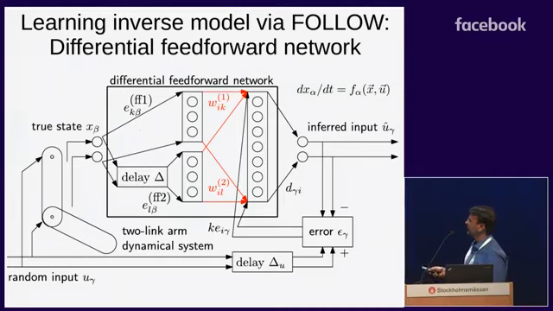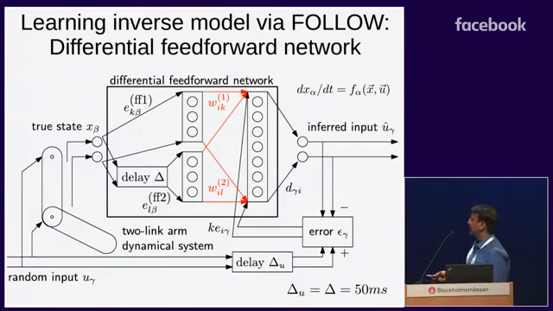And why do we require this different network compared to the forward model? Because in the forward model, you have to integrate u to get x, which is why you require that recurrent network, because you have these leaky integrators which integrate the input. Whereas if you make it recurrent here, this won't work, because what you need for the inverse is to differentiate x and then invert f to get u. So that's why you require two very different architectures with spiking neurons, with biological neurons, and so on. And of course, to make it local. Of course, you can learn it with backprop through time, with LSTMs and so on, but then it would not be local, not biologically plausible, not with leaky integrating neurons.